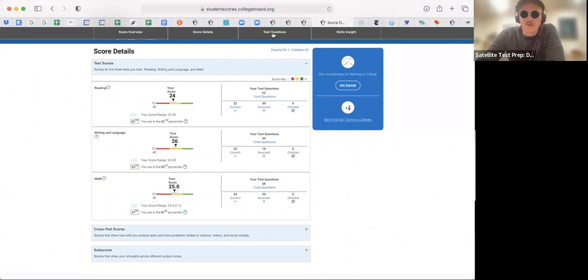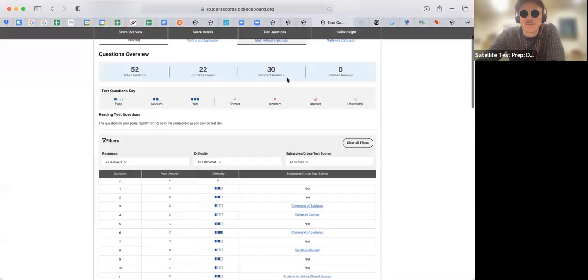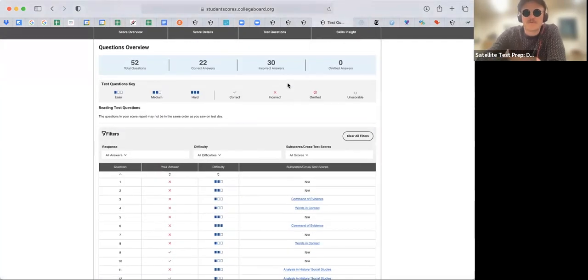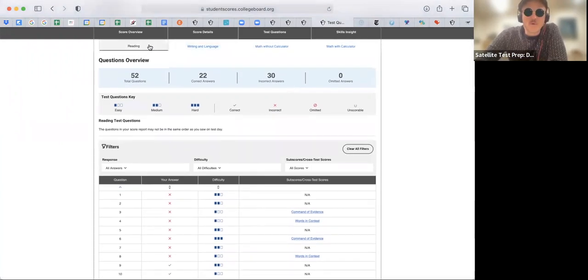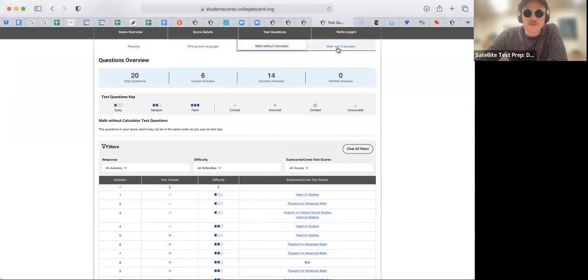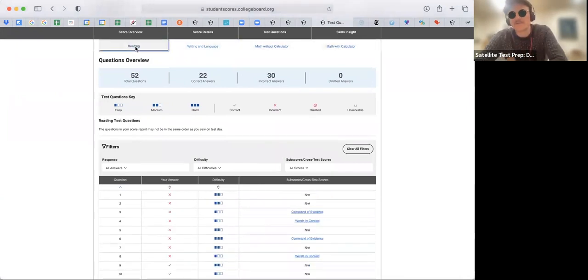Here's the best part. It's the third block here. You're going to click on test questions, okay? Test questions. So what's great about this is you can look at the 4 different sections, and you will only be able to see this level of detail if you purchase the SAS thing, the little yellow bubble that I told you about earlier. So what's great about this is it tells you how many you got right, how many you got wrong,